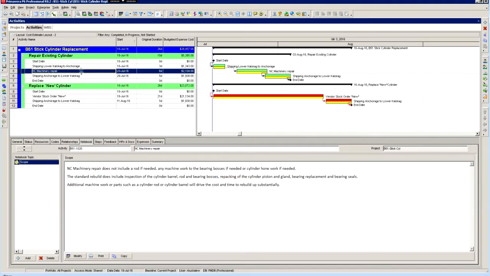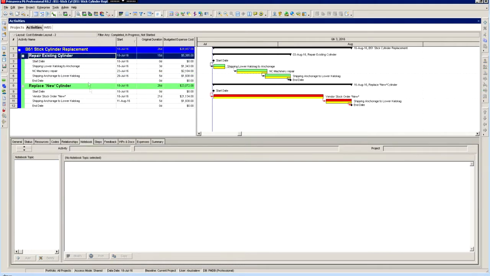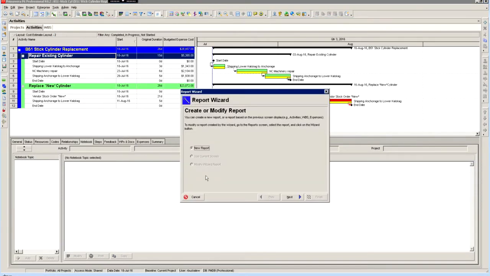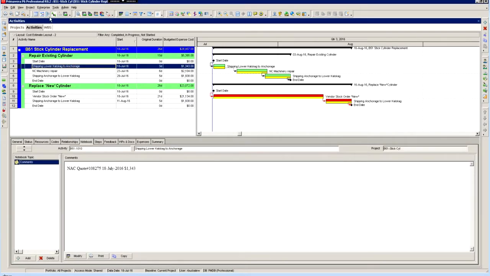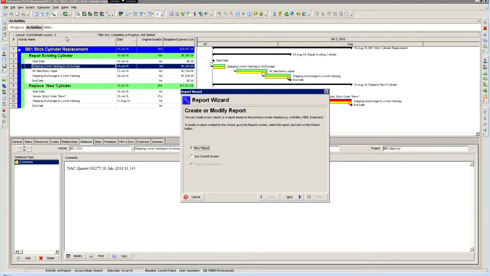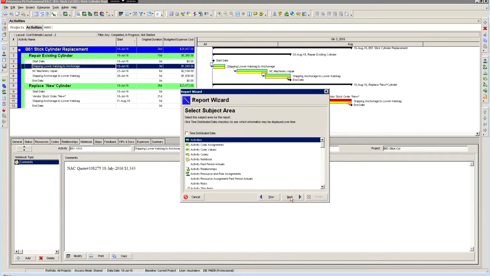So I want to create a report that's customized. We're going to start with the report wizard. So tools, report wizard. Cancel. I want to use the current screen. We're going to pick one of our activities and go tools, report wizard, use current screen. You need to be on one of your activities to get this option. Next,